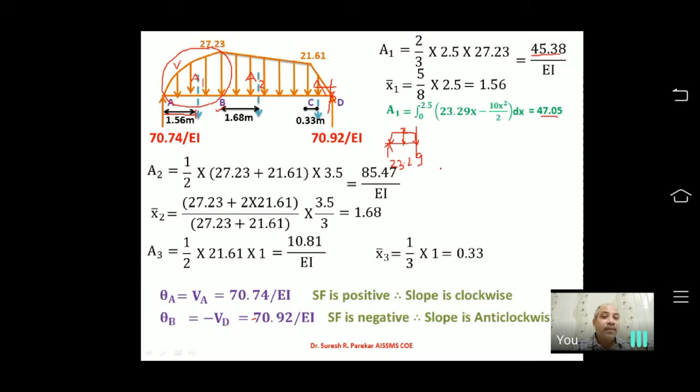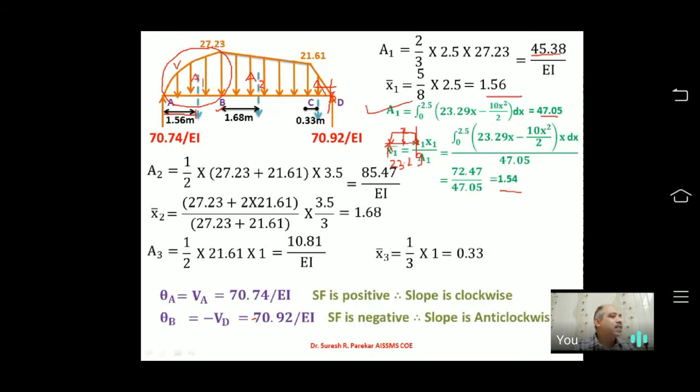47.05. So if you have to solve in subjective papers, then you have to go by the correct method, that is by integration. But if you have an objective paper, then you are going to get an answer very close by using this direct answer. Then X bar, if you see, we are going to get 1.54, and by using this you have the value as 1.56. So the difference is very small, and therefore we can use this approximate area. So now once we know this, we have to go for deflection.